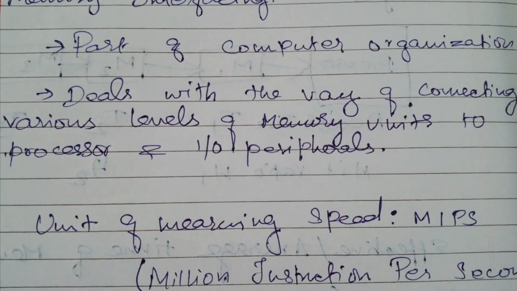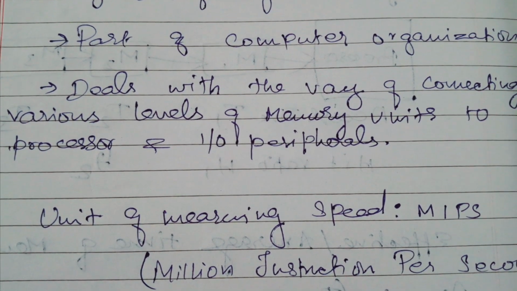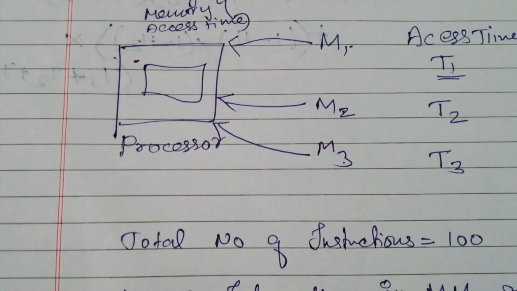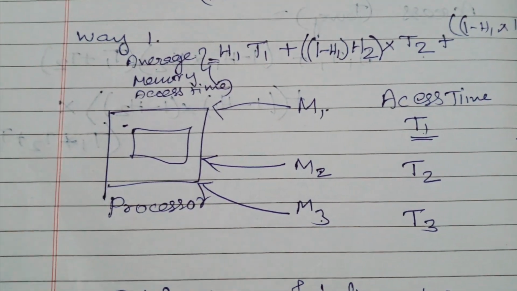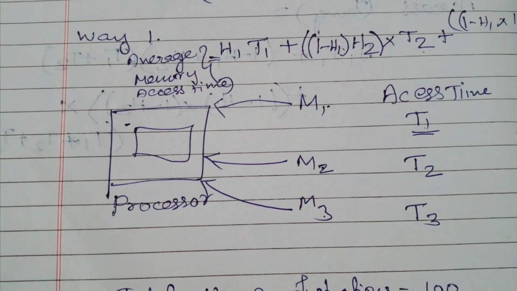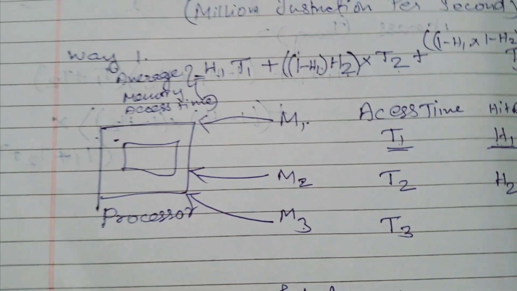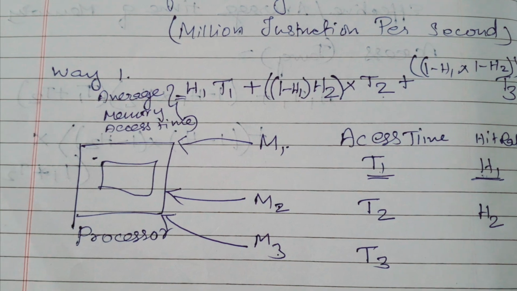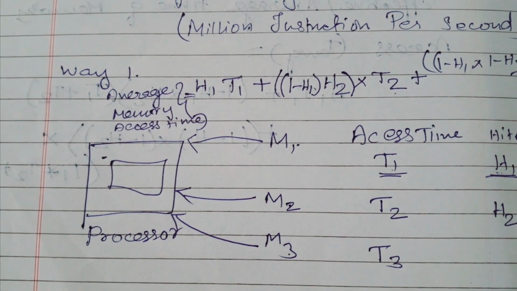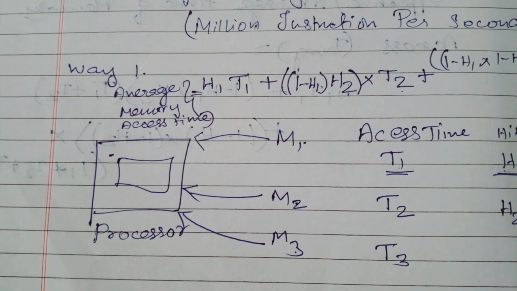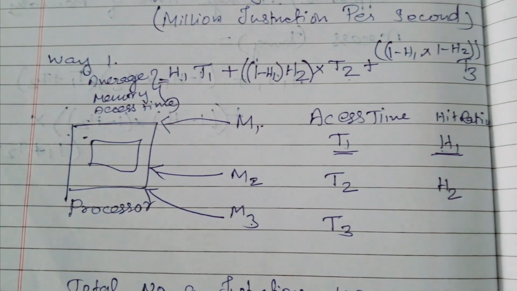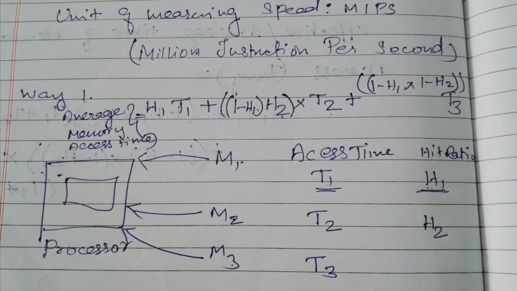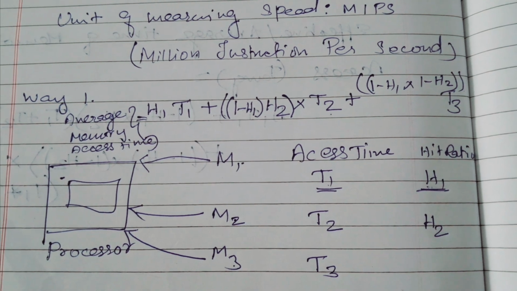So there are two ways we can calculate that access time, that fetching time. The first way is where the processor is connected to the memory in a parallel way, not a sequential way. So the average memory access time is calculated using the access time and hit ratio. Hit ratio is nothing but